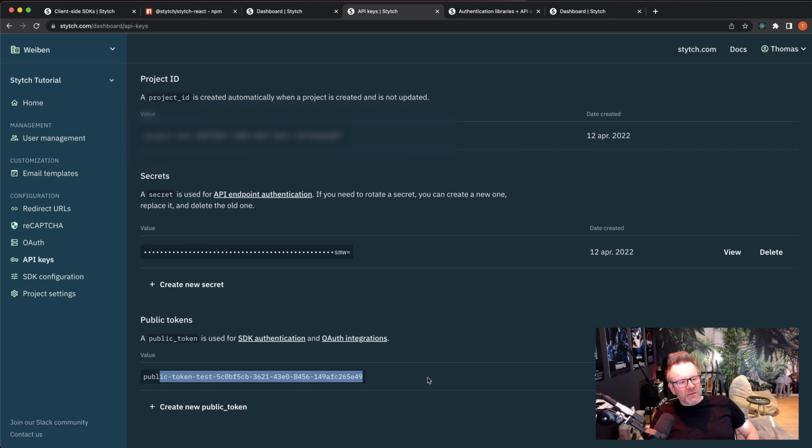So make sure to save this one. You can actually just click it and it copies to the clipboard. Really, really handy here. So that's pretty great. But the public token, that's the one that we're going to use. And this is everything that we need to do, actually, because, as I said, we're only going to use the